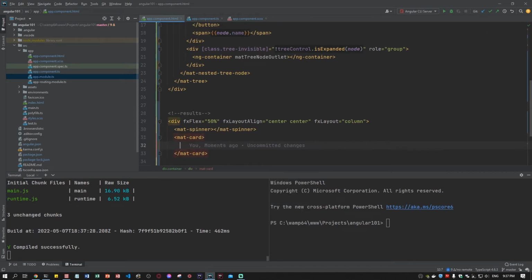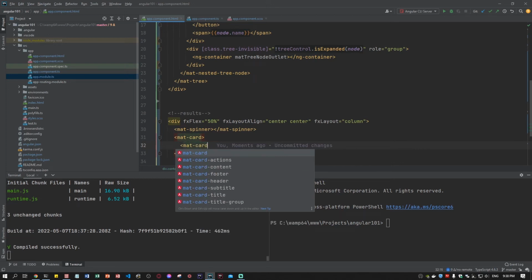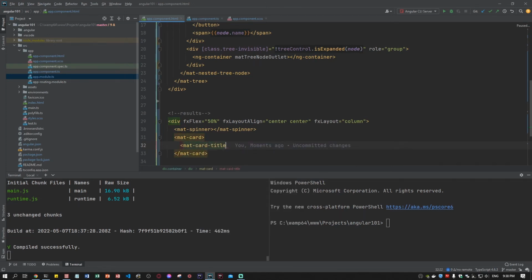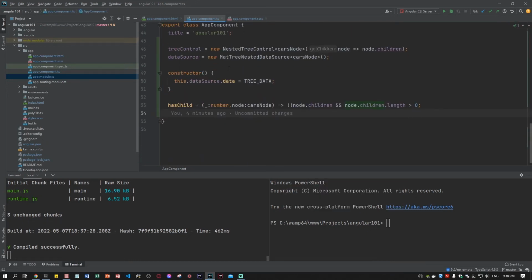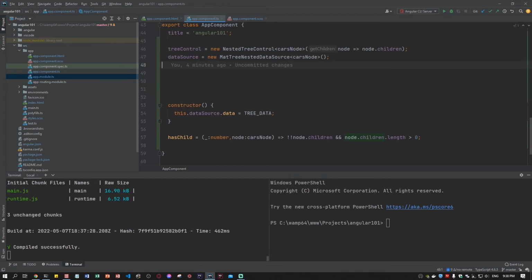So in this mat card we'll have a mat card title, and in this mat card title we'll have the title. All right, so here I want the subtitle, mat card subtitle, and this is it. So now we will be creating a data results,